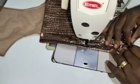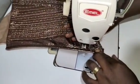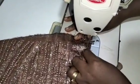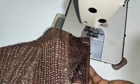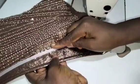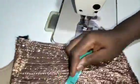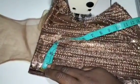So we'll use it to form the eyelet, and that is where. So once you get here, turn your machine. Once you get to the end, you turn and lock the boning. Okay, just go ahead and lock the boning. I've stitched my boning. So I'm going to create another boning in between it, and that will be the spacing for the eyelets. So I'll just go ahead and measure from this part, from here, just mark